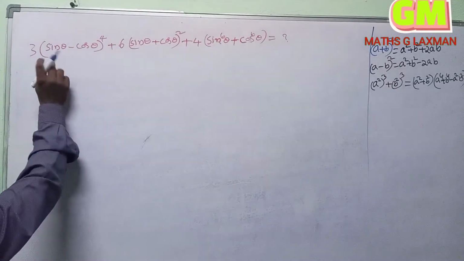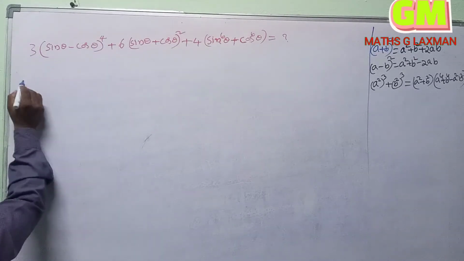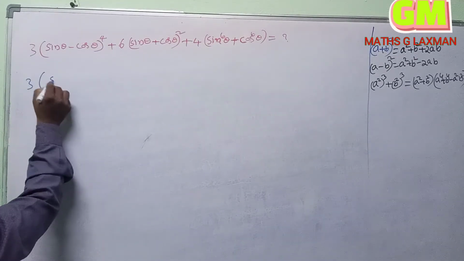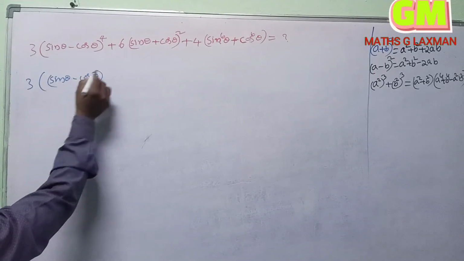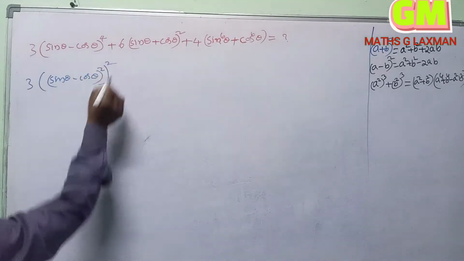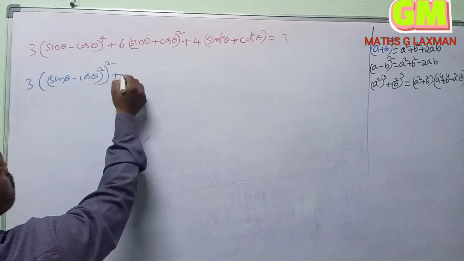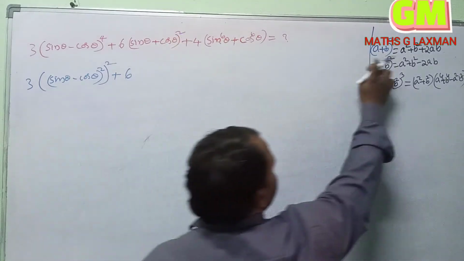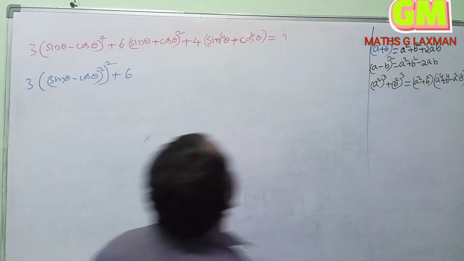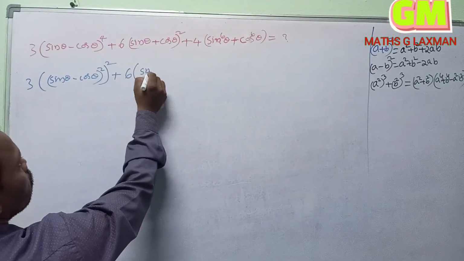First, let us take the power 4 term. Power 4 is a little bit difficult to find out, so we'll simplify that and make it easy. (sin θ − cos θ)⁴: first let us do the whole square, and again we'll do the square. Then you will get 3 into, it is in the form of the (a+b)² formula. So (a+b)² means a² + b² + 2ab, here a means sin θ, b means cos θ. So like that you should simplify that.